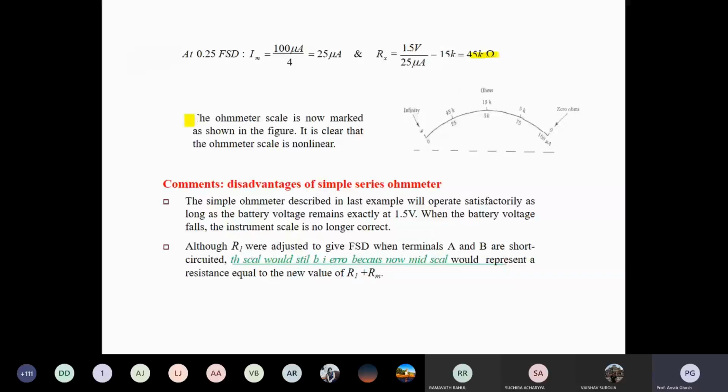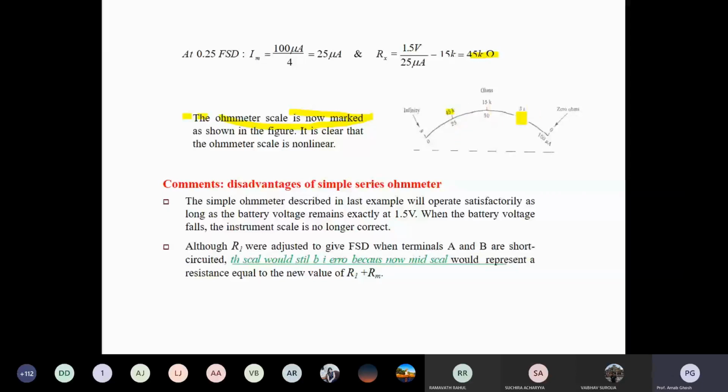Okay, so the ohm meter scale is now marked as shown in the figure. It is clear that the ohm meter scale is non-linear. The different scaling values are given over there, so you can find out the value of the ohm meter. So 0, how much value is there? So 25 ohm, so how much ranging will be there? For 45k it is 25, 15k it is coming 50, for 5k it is coming 75, 0 it is coming